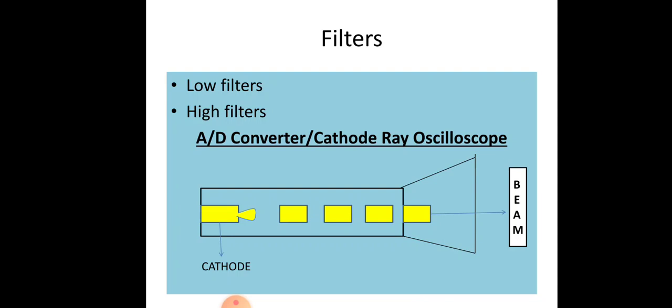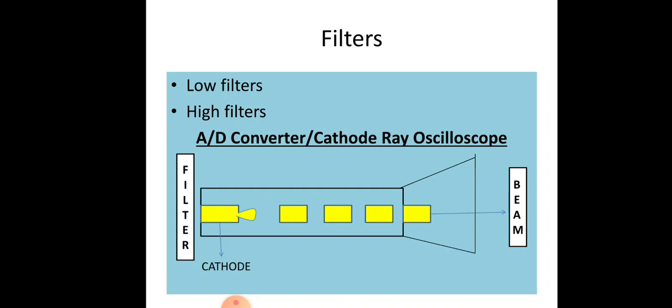So now once the signal has passed from the filter, it reaches the cathode part of the cathode ray oscilloscope or AD converter. What the cathode does is it converts the signal into the beam which is projected into the output device on the computer, so that it is either a visual part or the numbers. Cathode ray oscilloscope is usually used when you want the output to be visual. AD converter has also a part of audio.